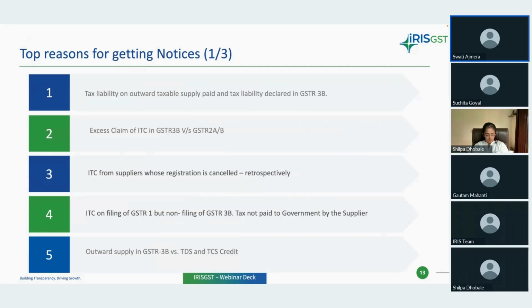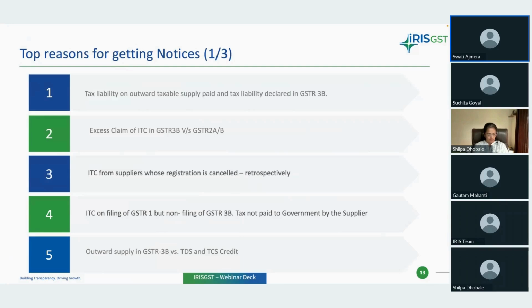Initially they came up with GSTR 2A. GSTR 2A is a form where, whenever GSTR 1 is filed by your vendor, the ITC will be available in your GSTR 2A, and it will be continuously changing. Whenever a GSTR 1 is filed by any of your vendors, GSTR 2A will get updated. But later on, one more form was introduced, the GSTR 2B form, which is a static form generated on the 14th of every month.